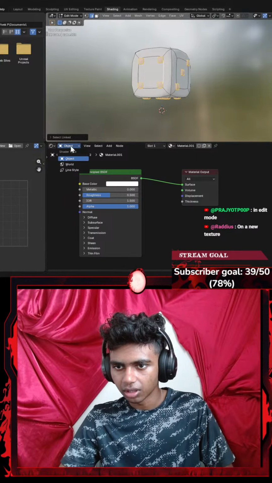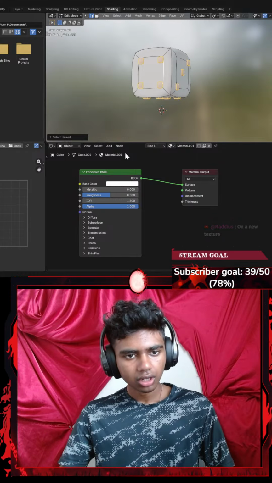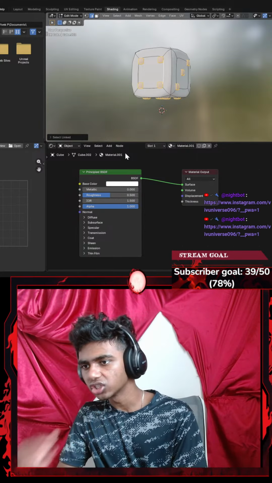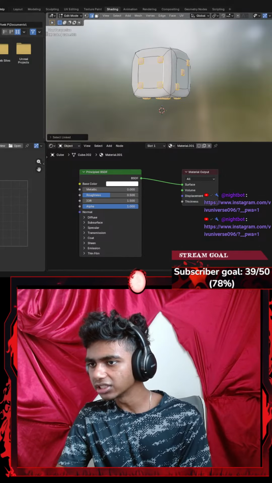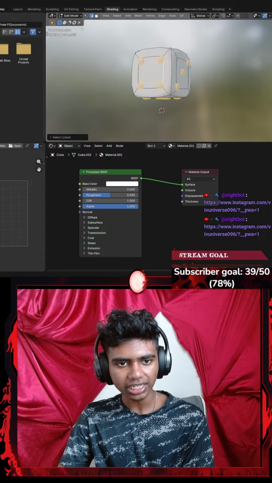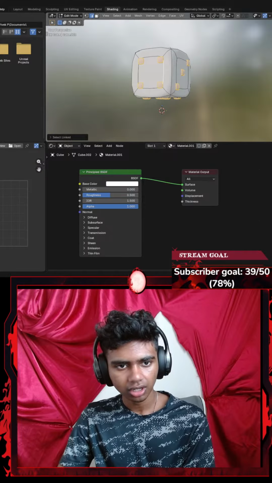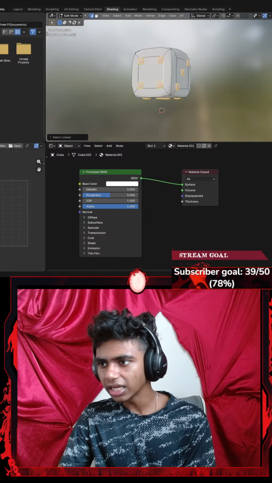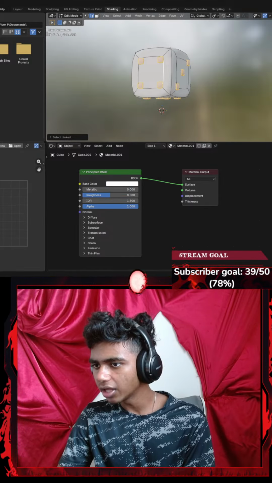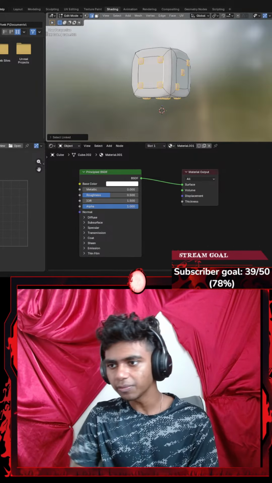Material tab. Okay, so I see add node cube. On a new texture. Texture? I see a material tab here, so by edit, I am in edit mode. I'm assuming edit is edit mode and then material tab. I see material tab here. Okay, and hit apply. Material tab and then hit apply. Yes, you press the plus icon.